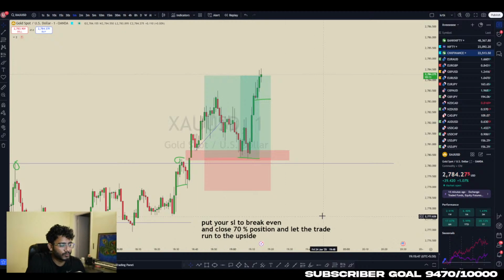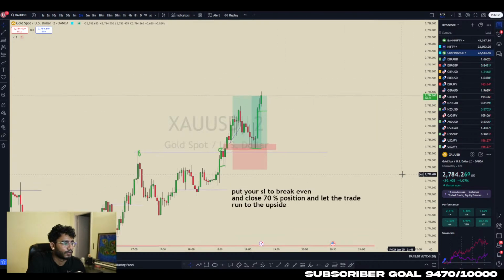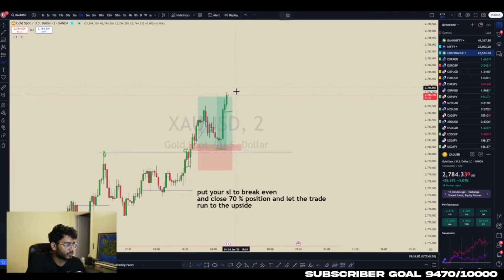So put your stop loss to break even and close 70% of your position and let this trade run to the upside. And put your stop loss below this, so I'll teach you how to trail the stop loss. So for example, on 1 minute,